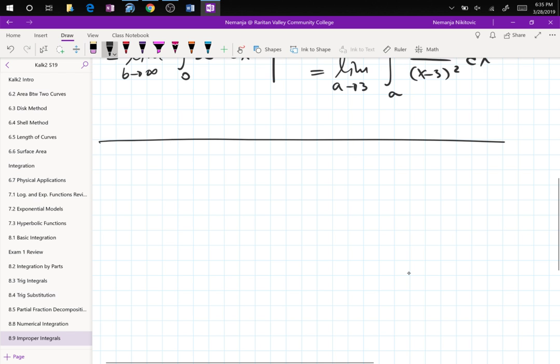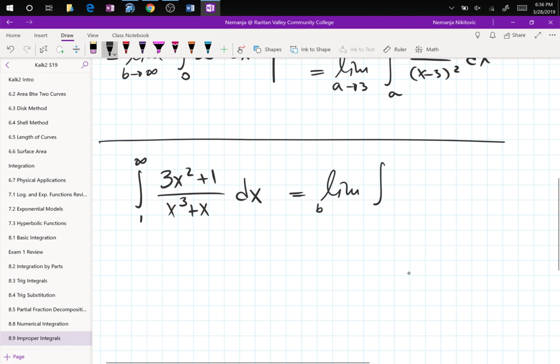All right, let's go and take a look at some of these exercises from homework. So this one looks cool. 1 to infinity, 3x squared plus 1 divided by x cubed plus x dx. Immediately we know it's type 1 because we can see the infinity, right? You use your eyes, you look at it, and you see infinity. It's type 1. Step 1 is to do the